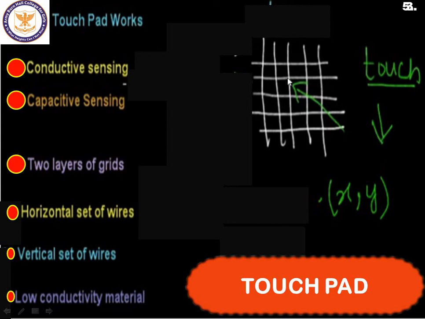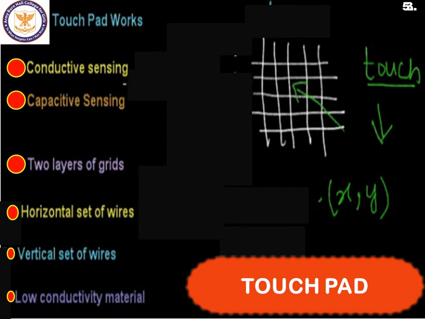The grid of wires is present in both capacitive sensing and conductive sensing. The difference is basically the material. In conductive sensing, the material coated is of low conductivity. This low conductivity material is present between the wire intersections in a way that electricity does not flow between the wires.